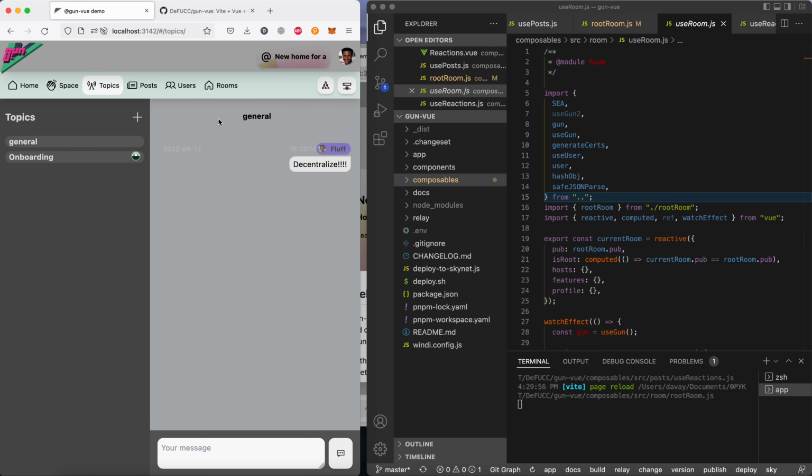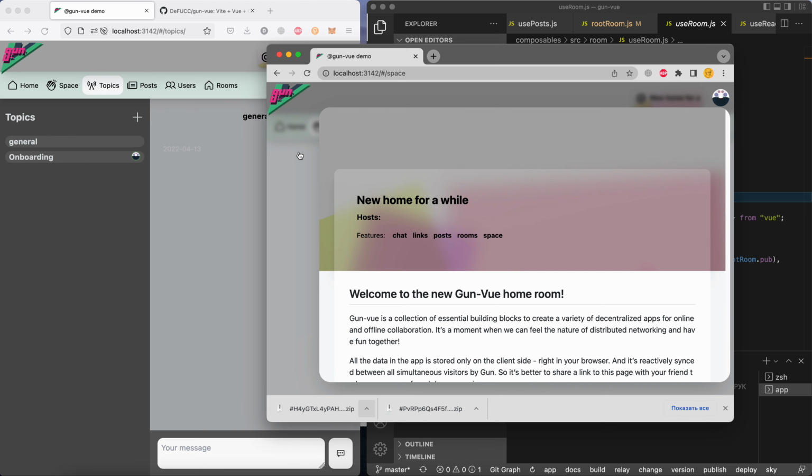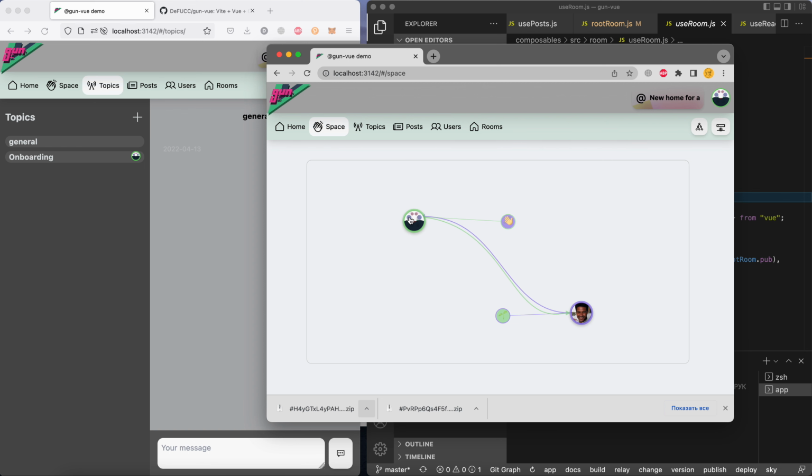My computer sometimes gets really hot when I have multiple browsers interchanging data in GUN view, but I think